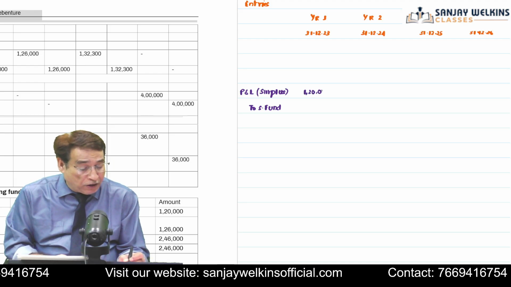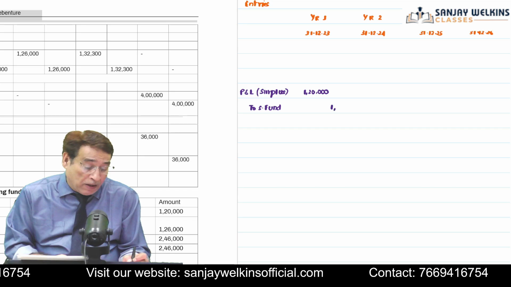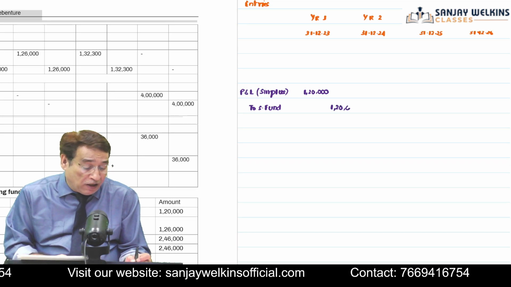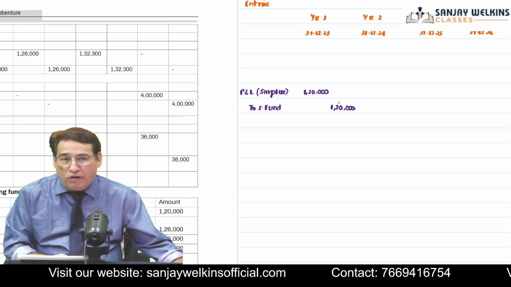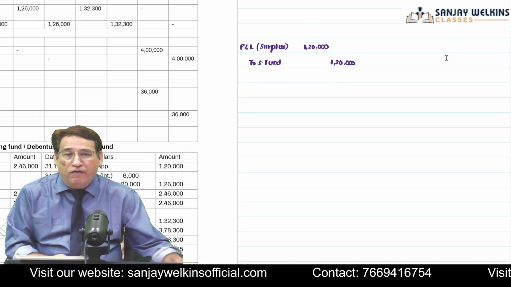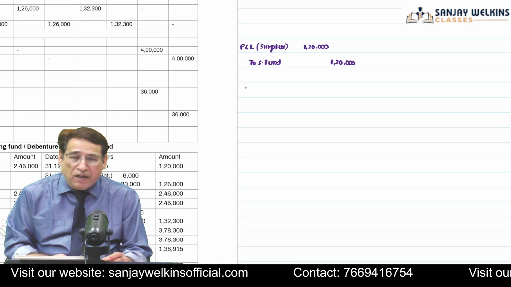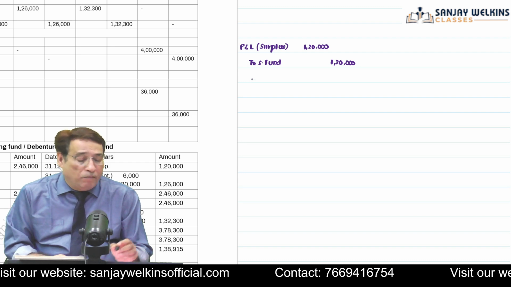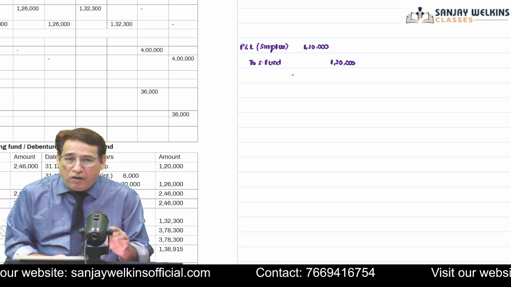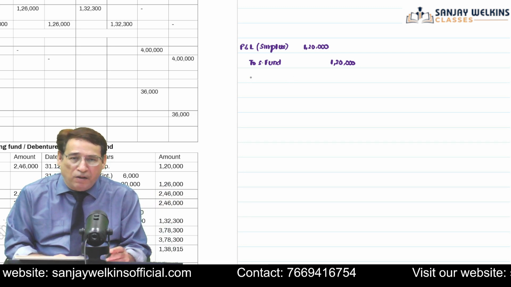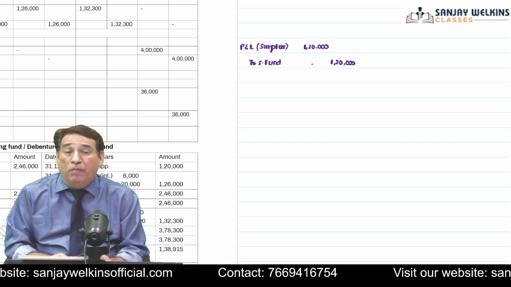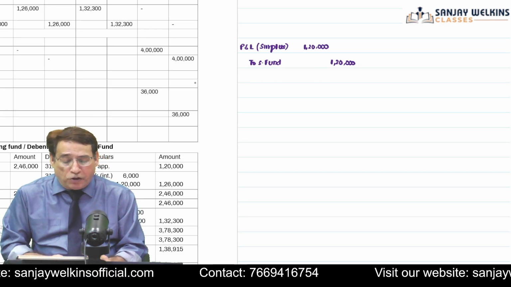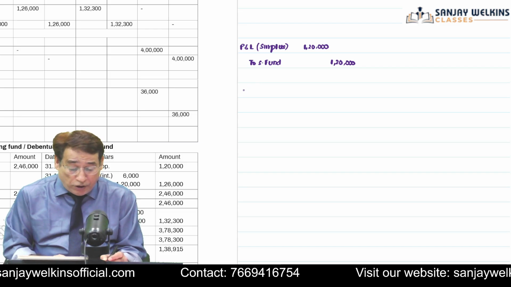So 1,20,000, 1,20,000. At the end of the first year, if you remember, I talked about this particular fact that when we reach the end of the first year, we are going to set aside a part of this profit. But at the same time, we are at the end of the first year and still 3 more years are remaining. There is no point in keeping this amount with us ideally. So we should invest it somewhere. So we are going to invest this amount.